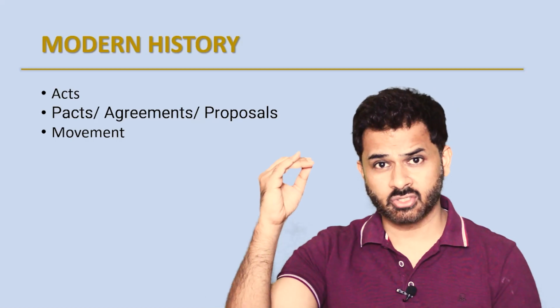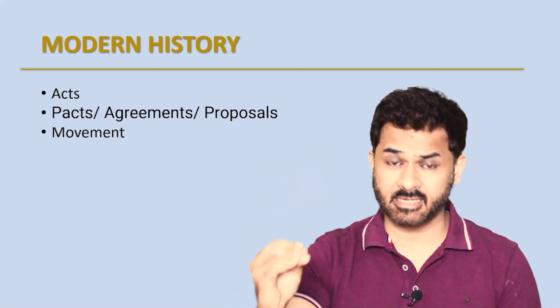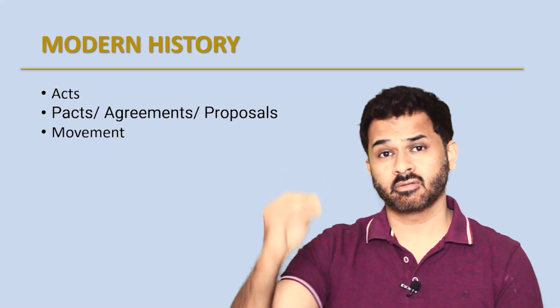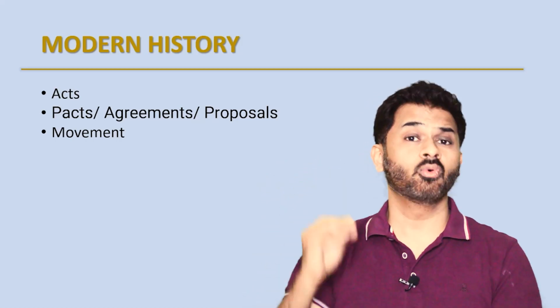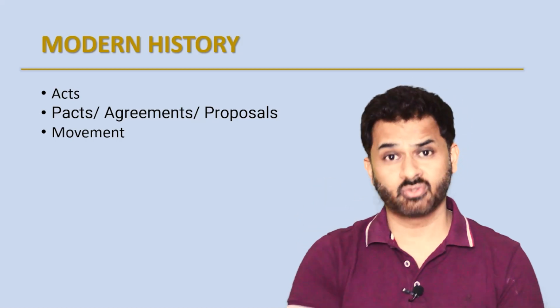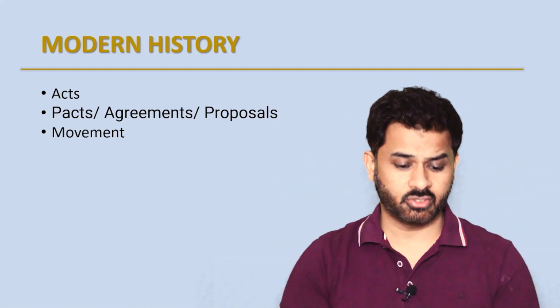related to what the social base had been, what the geographical extent had been, what particular class or section of the society got involved, what the political ideology is, what strategy was followed, and who were the leaders. This tabular information should be there related to all the movements, very clear to you.